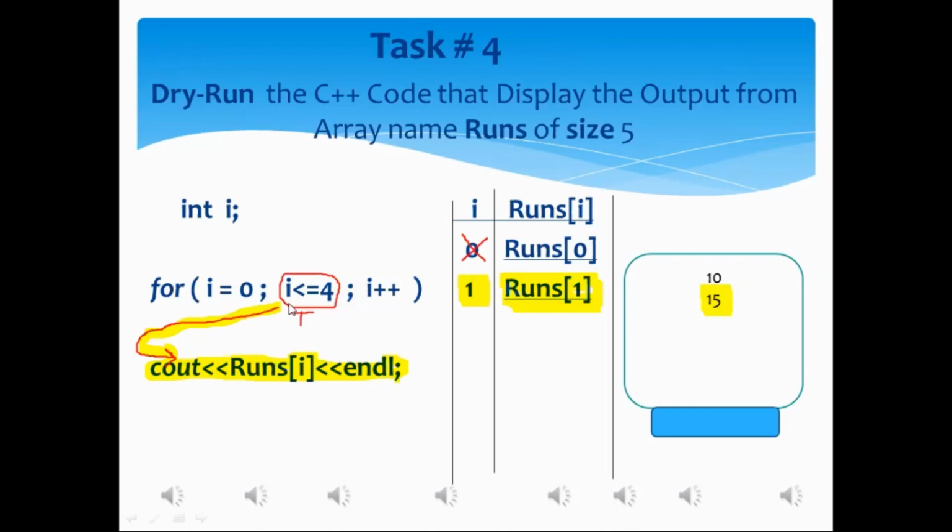Now, Mr. Aftab, after the execution of the for loop associated statement, the control of execution will be shifted to where? Increment statement, sir. Okay, your answer is correct, my dear. Look at the increment statement within the for loop statement. That one is I plus plus. I plus plus means increment the loop variable I by 1.